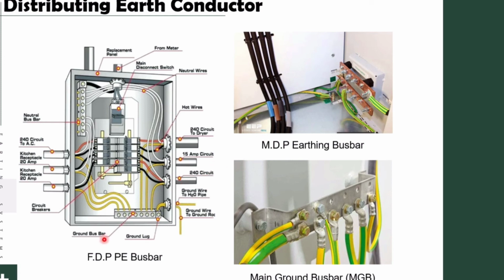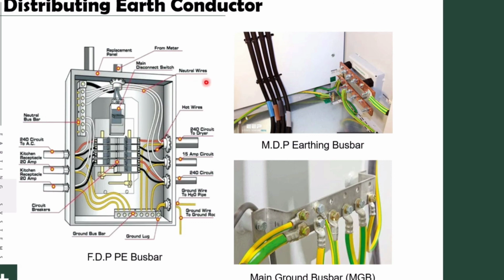And also here, for the final distribution panel there is a small earthing bus bar. It also receives the conductor from the main distribution panel, and after that I distribute this earth conductor to my